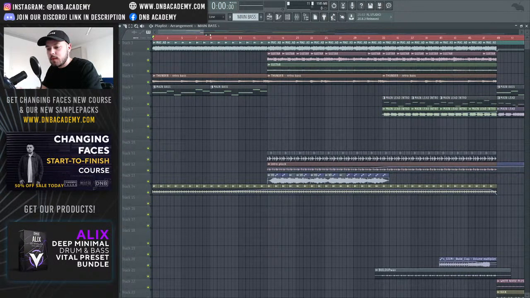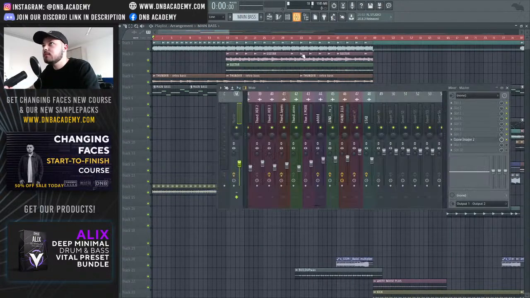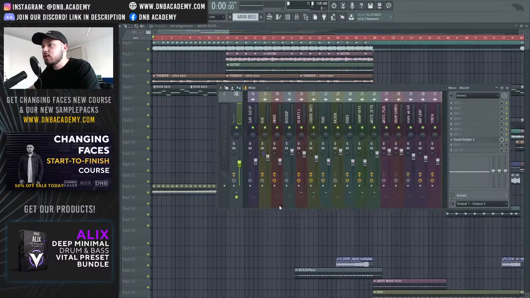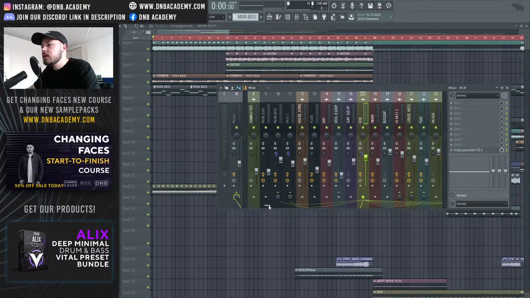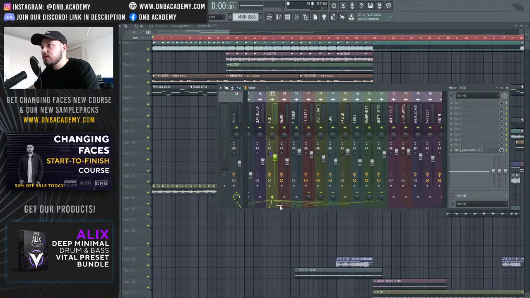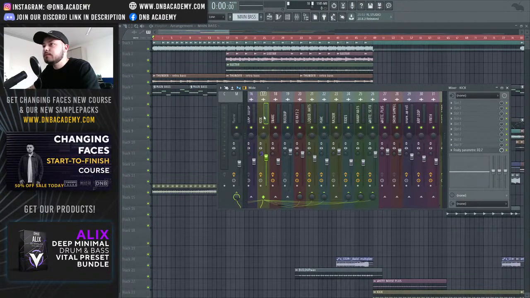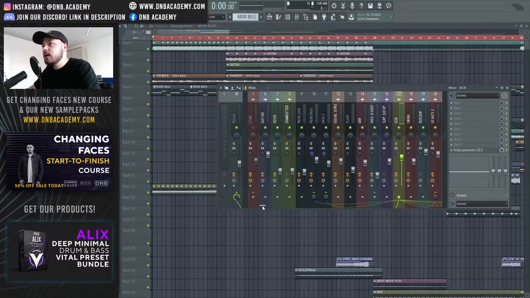How do you sidechain instruments to kick and snare? So there are many ways you can do it, but I always use Fruity Limiter. So for example, when we are talking about kick and bass line sidechain, I go to the kick in the mixer and I sidechain it to a bass line. You can see it's sidechained into that. Then I go to the bass channel, I add a limiter,